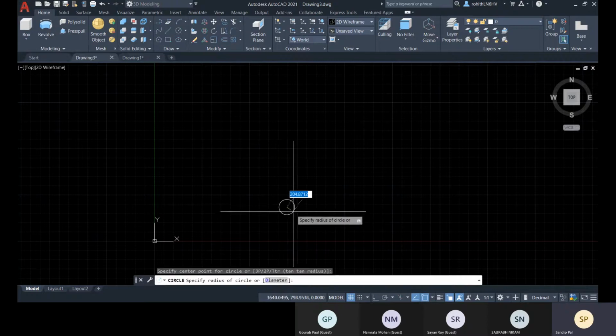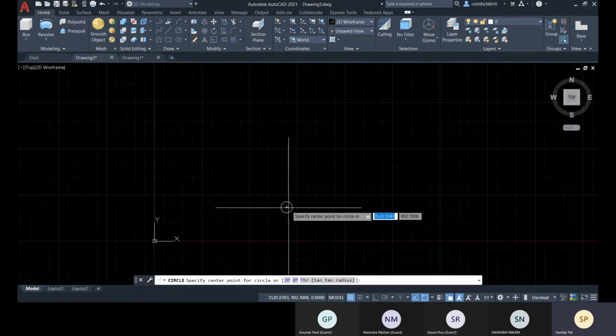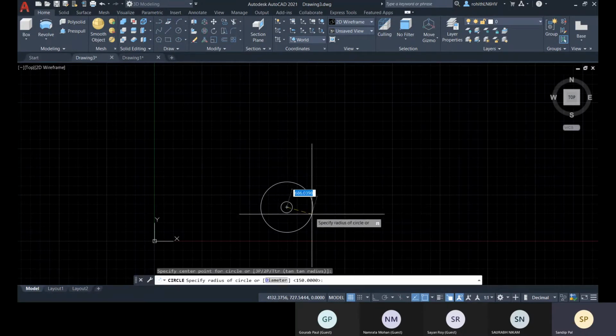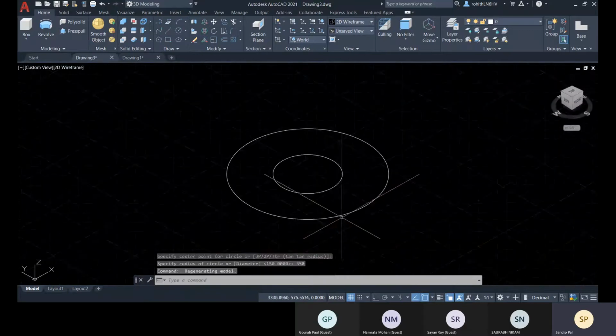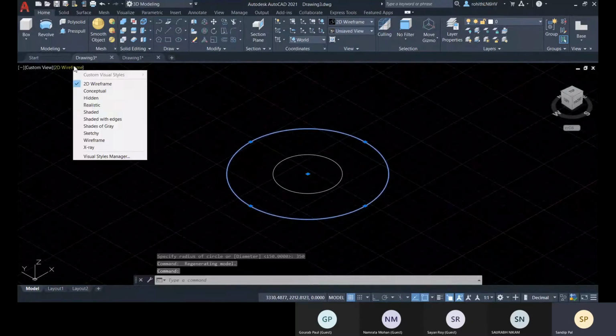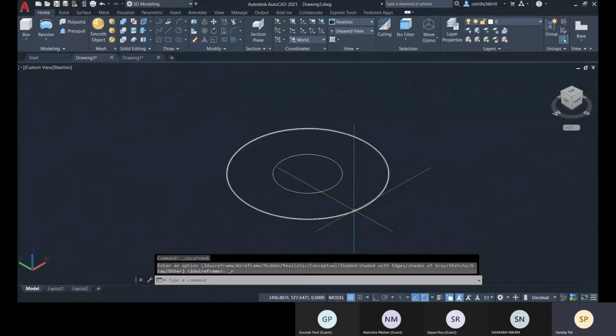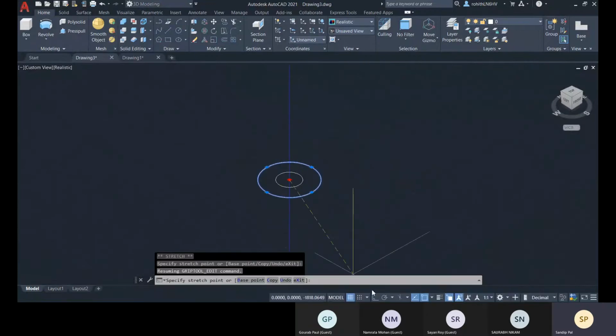One circle, one small circle like 150, enter, and another with the same center like 350, enter. Okay, and let me give it a height. So change it to realistic. If I select it, I will get this gizmo with vertical on.